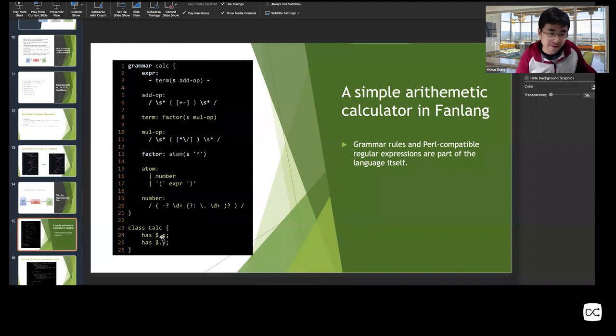Oh, sorry, this part can be omitted. It's not related. And you can add another class to do the AST manipulation. So for example, if you match the term, then you do multiplication or division according to the operators. So this example is incomplete. There should be another class to build the AST or just do the calculation in place. But it's very simple and also very scalable, even for a full C language or Lua language.